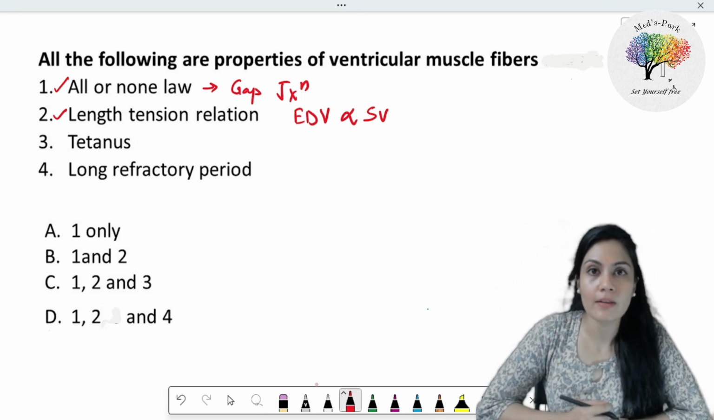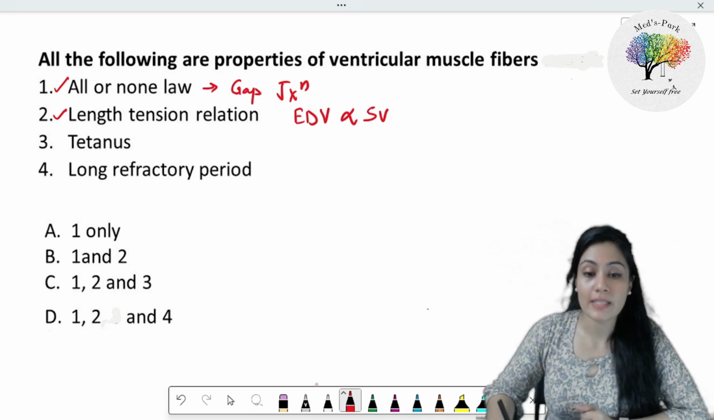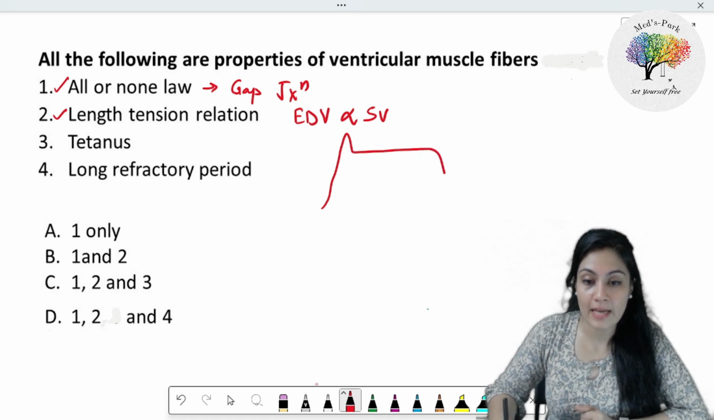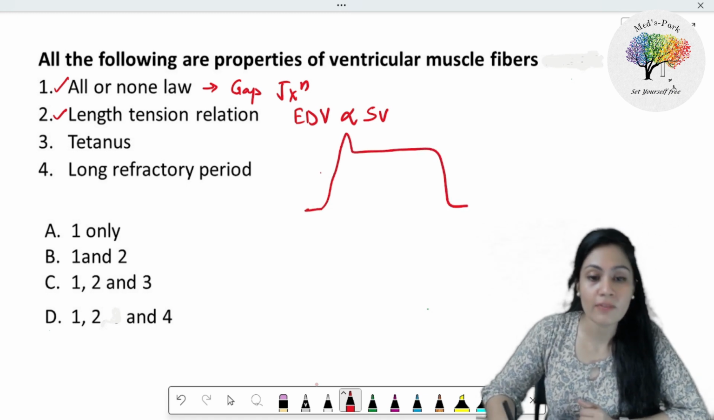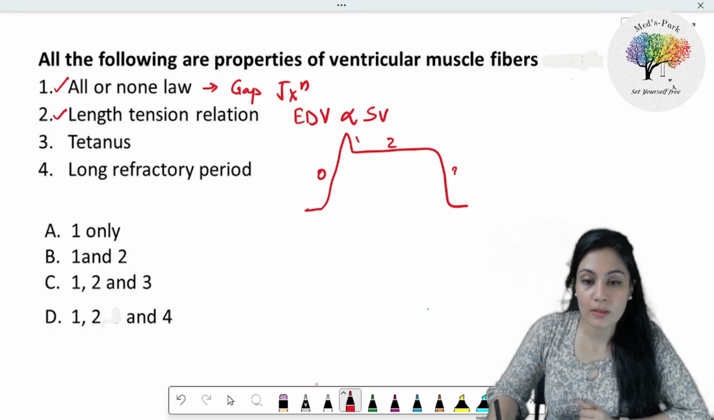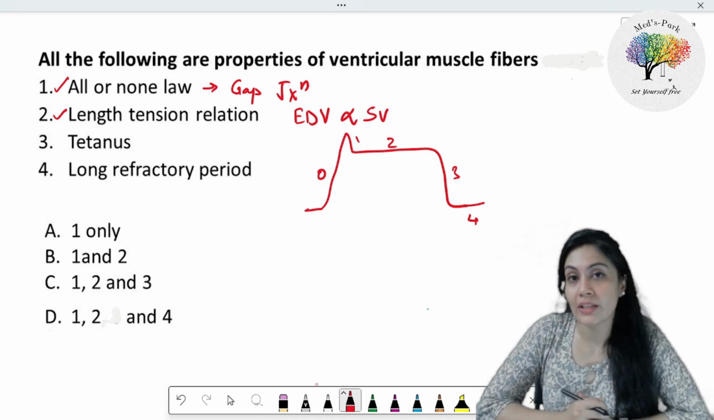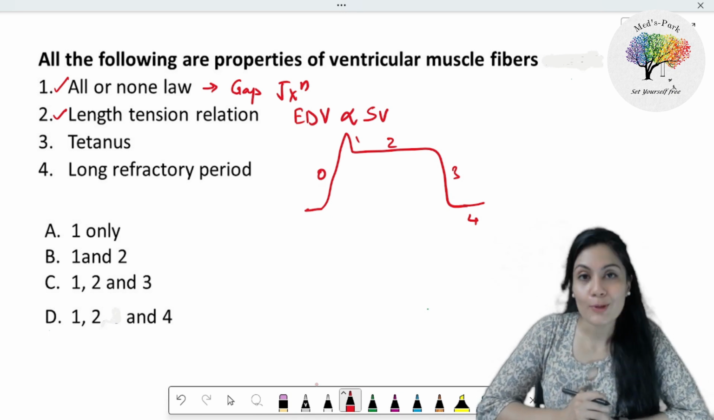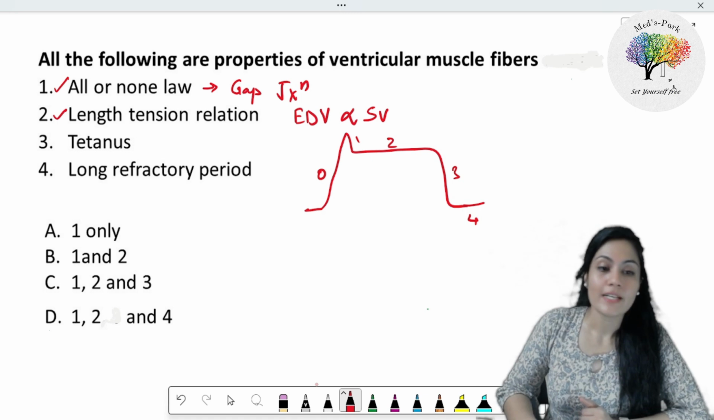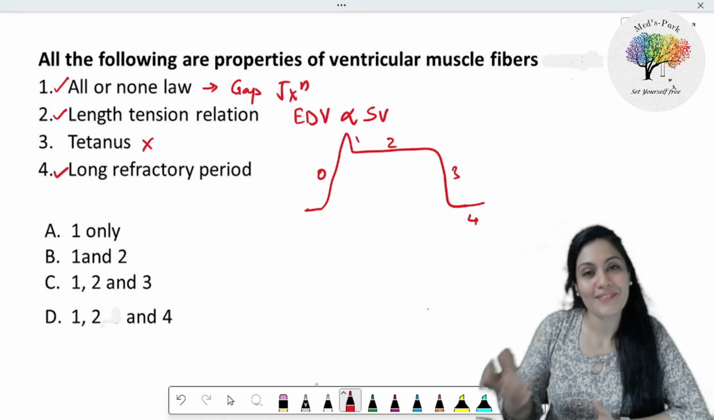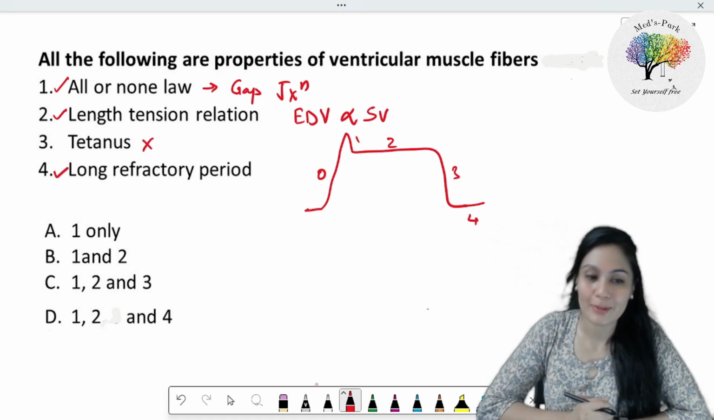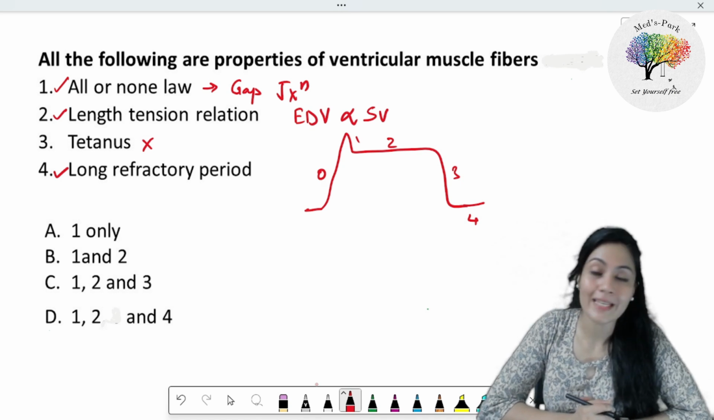Then, what about tetanus? Remember, the cardiomyocyte action potential, if you remember that it has the 5 phases, 0 to 4, right? So because this is the, you can say phase 2, that is nothing but the plateau is very, very long, and because of that, the absolute refractory period is also longer, and because of that, the sustained contraction is not possible. That means the tetanus is not possible in the cardiomyocyte. So definitely, because of the long refractory period, that is not possible. So yes, long refractory period is the property, but tetanus is not possible in the